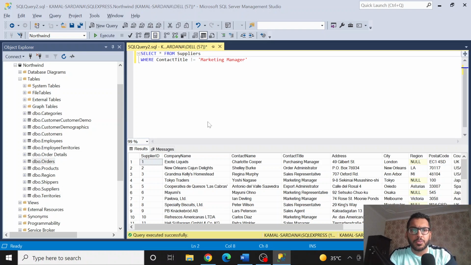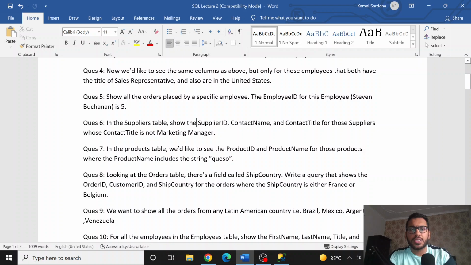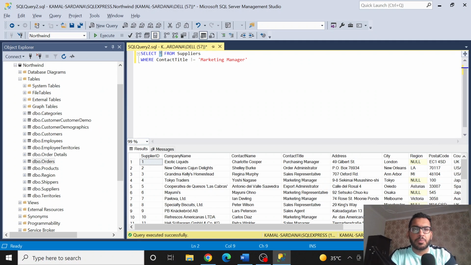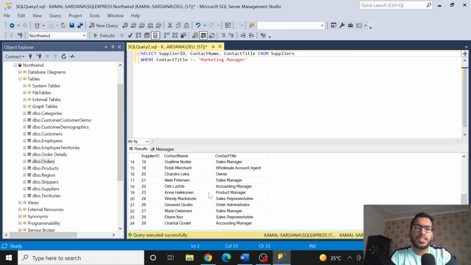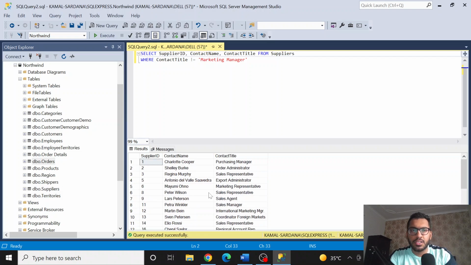Select everything from suppliers table, but we want to see only the supplier ID, contact name, and contact title. So I can just replace this star with this and remove this and from here. Execute this query and there you go. So these are the list of the suppliers where the contact title is not the marketing manager. Okay,